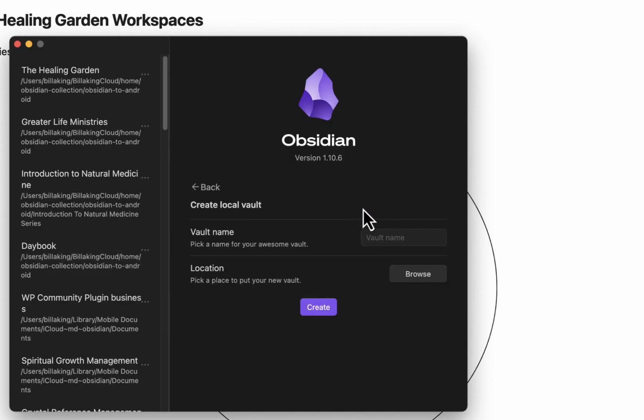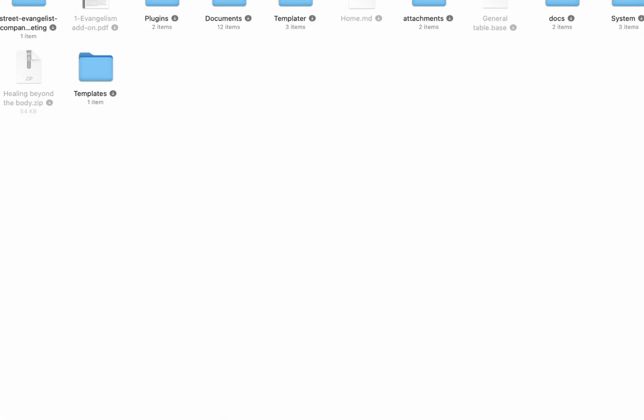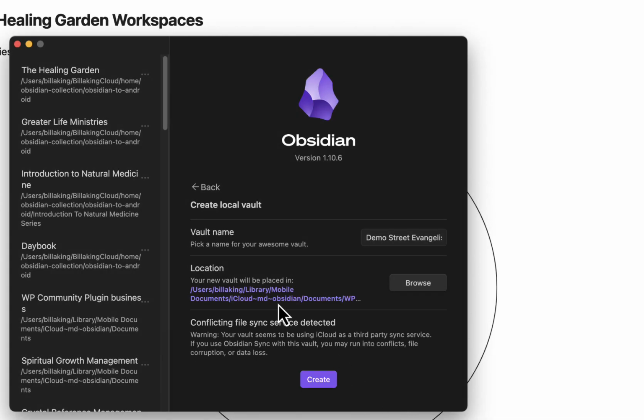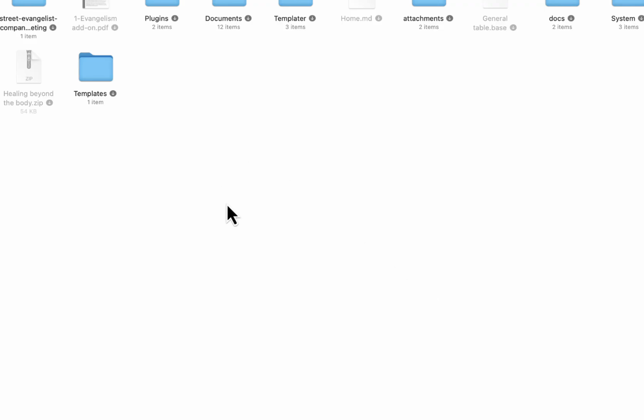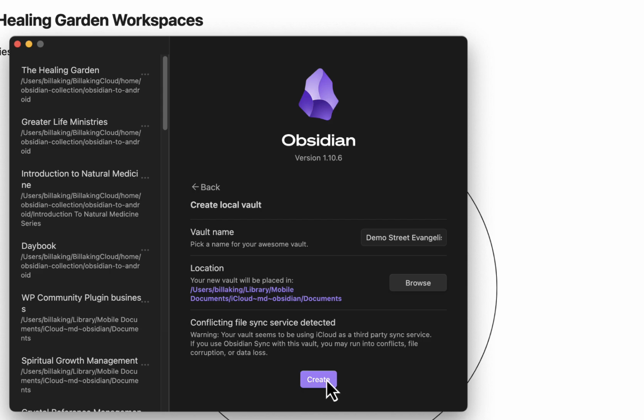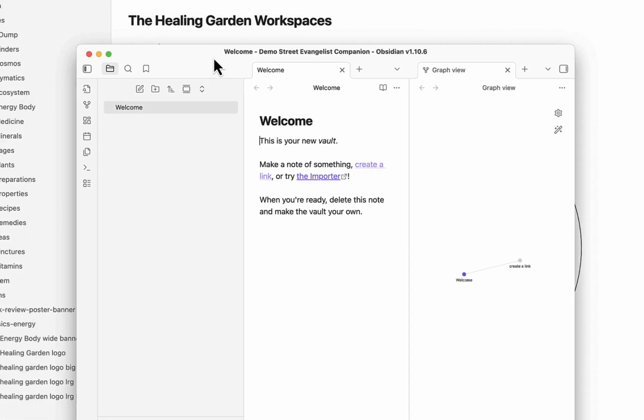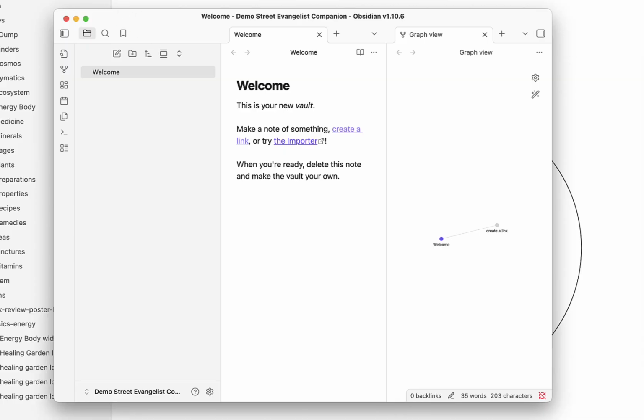And so I'm just going to call it demo, and I'm just going to create it in my iCloud. No, I don't want it there. I want it there. Okay, so this is a brand new empty vault, and I'm going to get rid of the screen